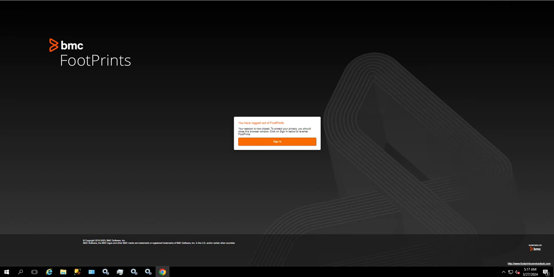If you are a new FootPrints installer, while installing the new FootPrints application, a dialog box will open to upload the licensing file. If the FootPrints application is already installed on the server,